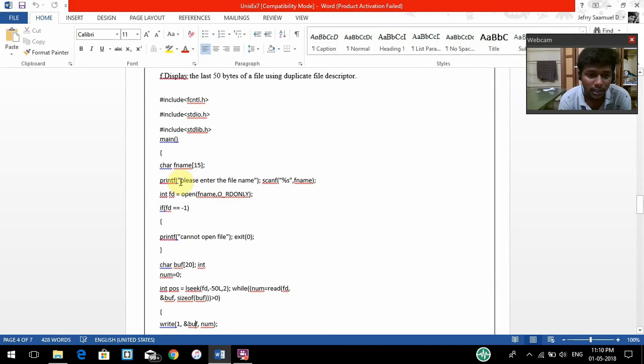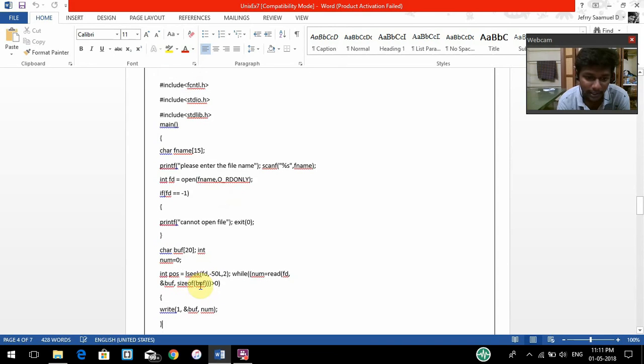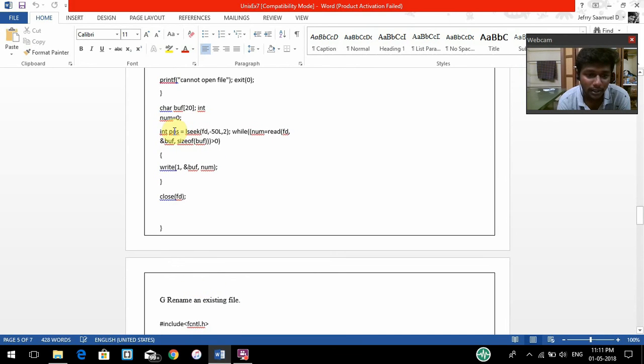Here I've created a new file name, and I'm asking the user to enter the file name, and it is opened in read-only format, and it checks if the descriptor is less than 1, it shows it cannot open the file. If not, it goes inside and creates another buffer of size 20, and number is equal to 0, and then lseek is used here. So fd comma minus 50L, because that is the condition given there, comma 2, while num is equal to read fd, buff, sizeof buff is greater than 0. If this condition is true, it goes inside and performs write 1, buff, comma num,